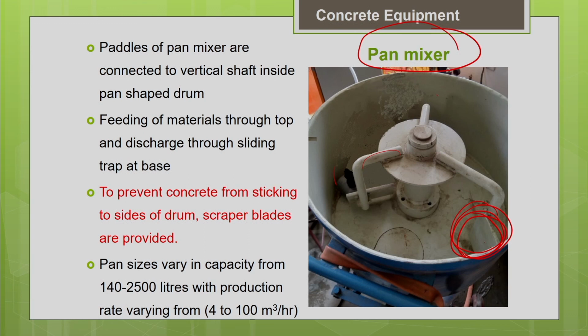This kind of arrangement we do not have in the conventional drum mixer. In the conventional free fall mixer we discussed earlier, we do not have this arrangement. So, the major problem is, when we make the initial trial mixes with the free fall drum mixer, most of the paste will stick to the sides of the drum. So, the first mix will have less paste and more aggregate. Either you have to throw away that batch, which is a drawback, or you can go for what is called a buttering operation.